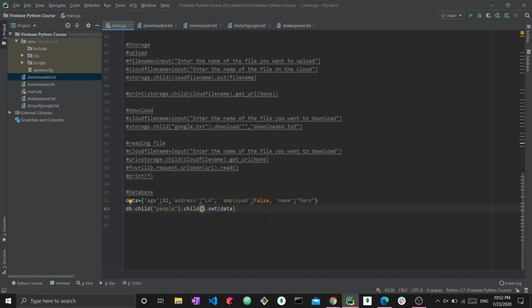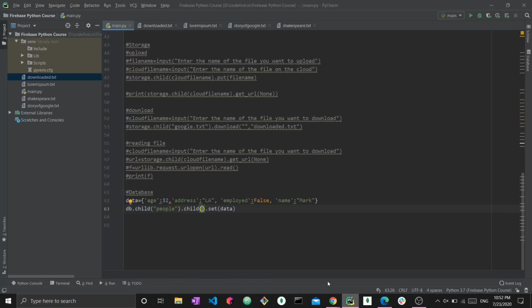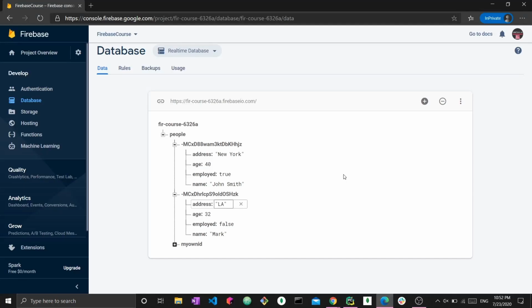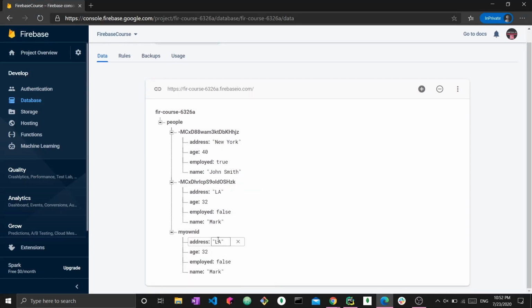This child is essentially stating that I want to be inside this path, so I want to be inside root node dot people, but the next node I'm going to follow is not going to be a randomly generated ID. It's going to be my own ID, which I'm going to set through this child function. So I'm just going to say my own ID, and I'm going to set this data there. So let me just run it. And here we go. So going back here, we have my own ID within people, and it has this information